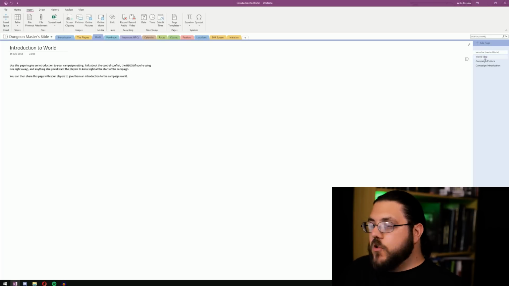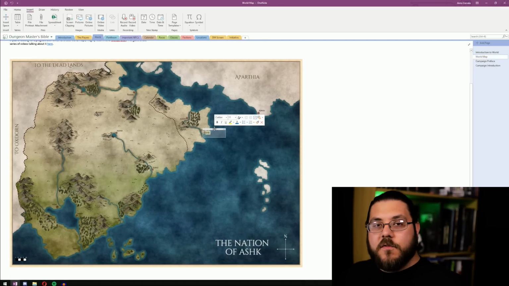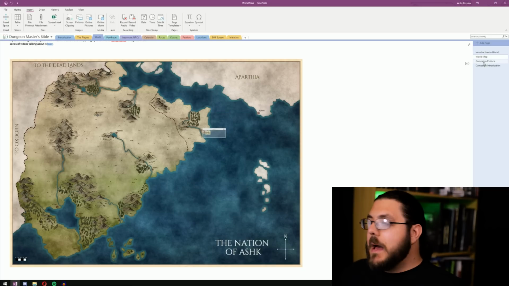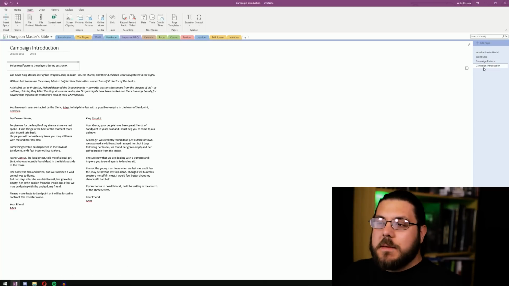It's where you would keep your world map, and you can place links on it to different sections in your notebook or links off onto the internet. It's where you would keep your campaign preface, which is the document that you'd send to your players before the game ever started to let them know what kind of game you'll be running. And it's where you'd keep any campaign introduction documents. So anything that you would read or give to your players before the campaign started,